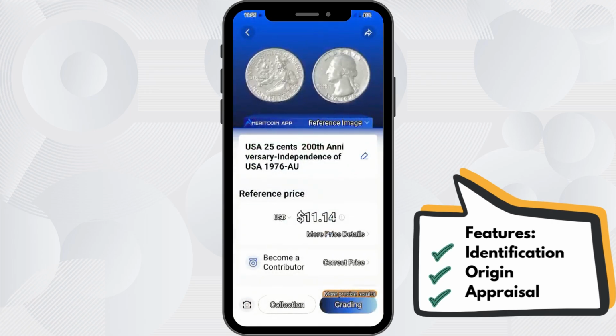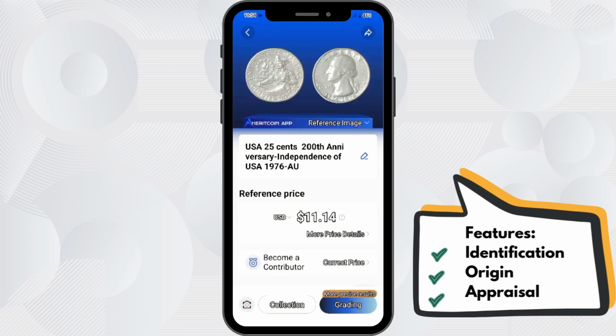So yes, the coin that I have here is USA 25 cents in commemoration of the 200th anniversary of the independence of USA in 1976. So the face value of this coin is a quarter, but the reference price here, the price in the market now, it's $11.14.